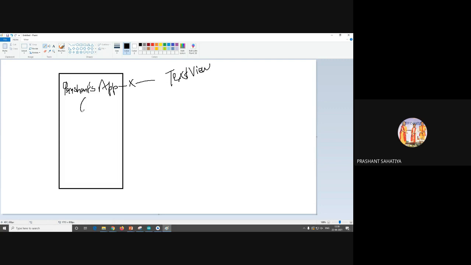Then I'll be showing one logo of my company. I'm creating a login screen, so I'll be having one logo, and whatever images you need to show, that is to be shown in image view. Just understand very basic things. We need to understand this. It is a compulsory portion.